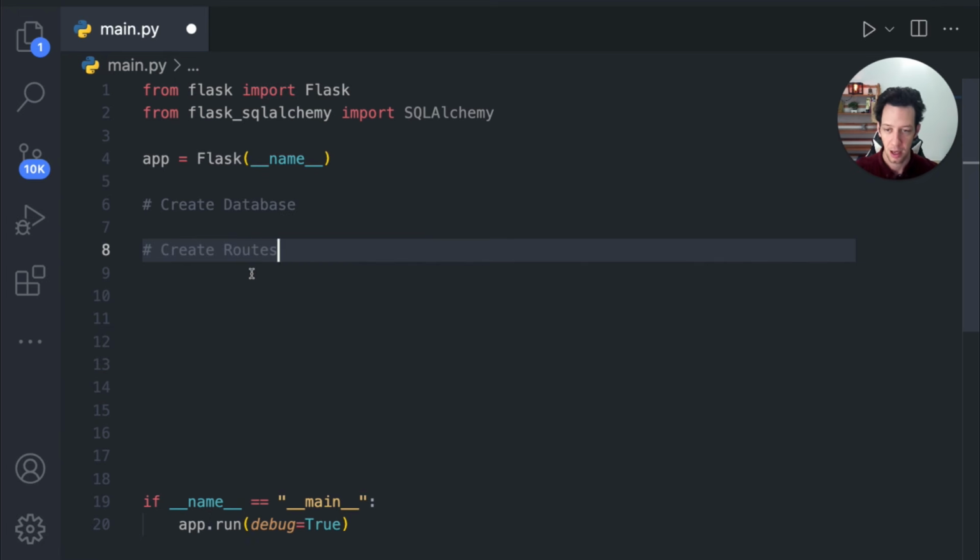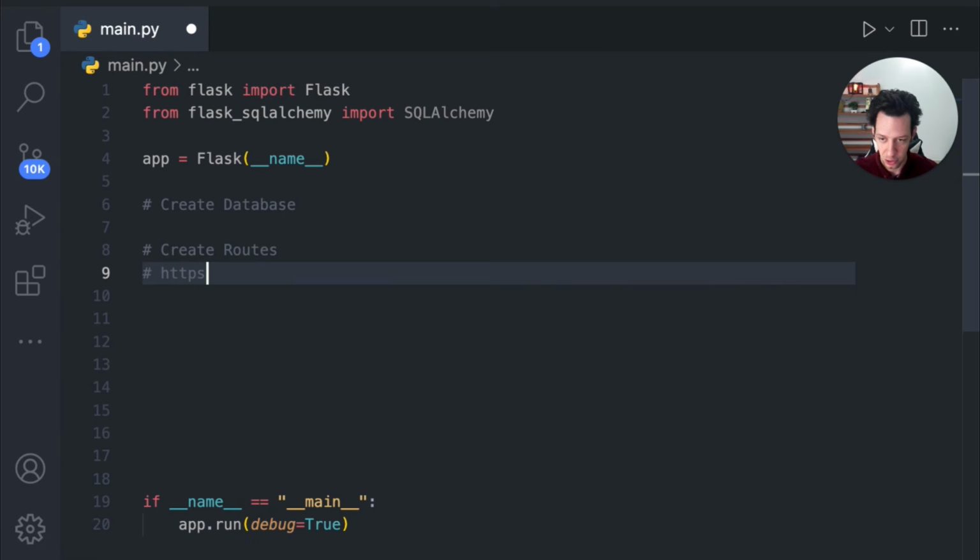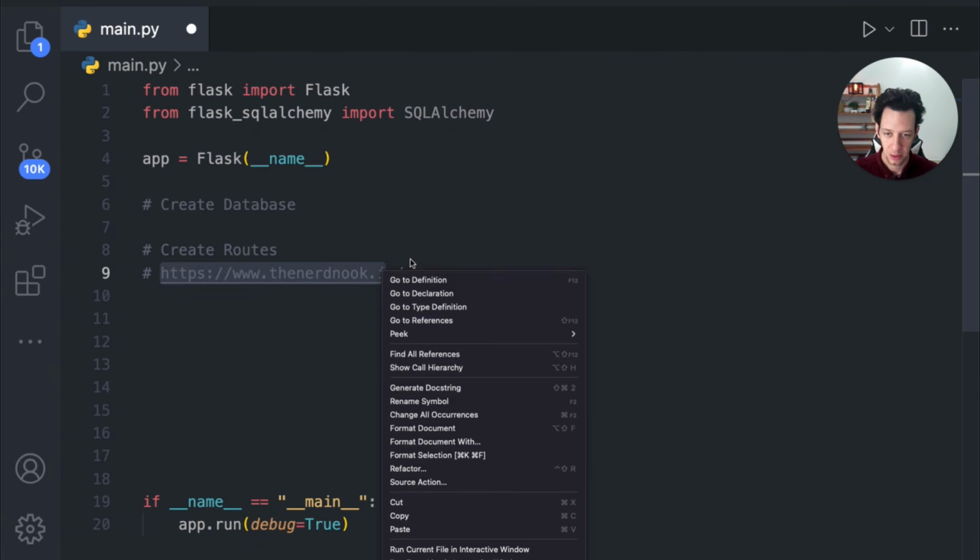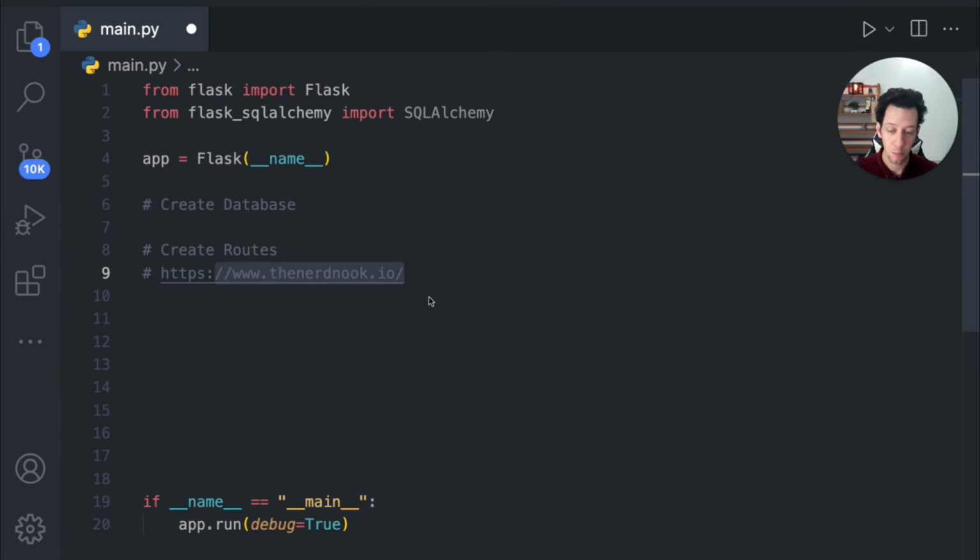And really, coming from the lesson part of this, we know a route might be something like https://thenerdnook.io. Okay, so this is like a route. And this would be the home page of the route. If we had the about page,